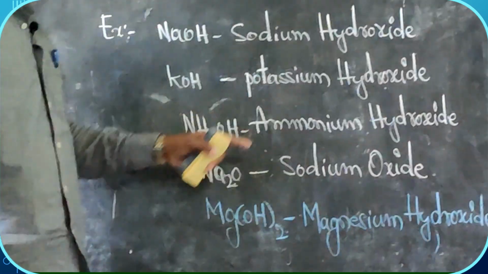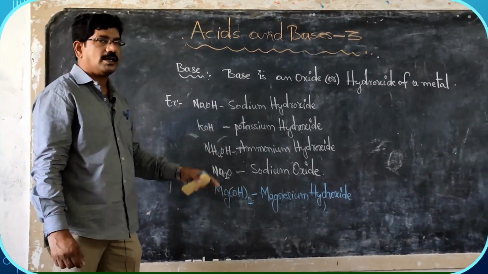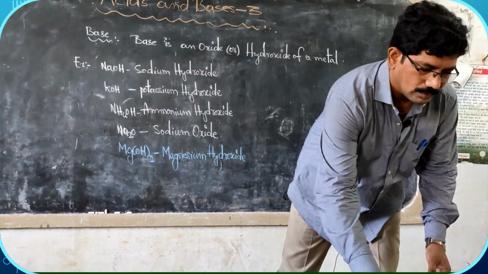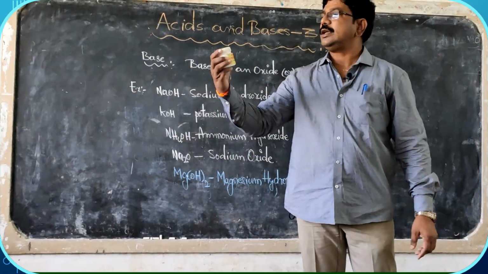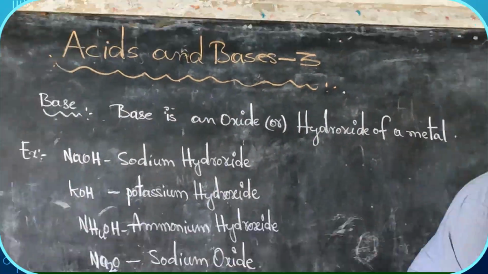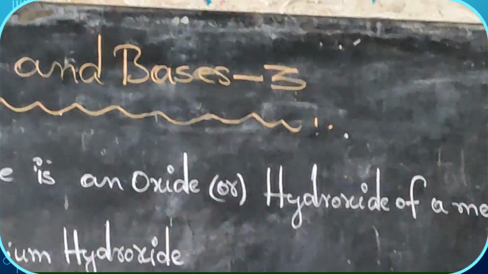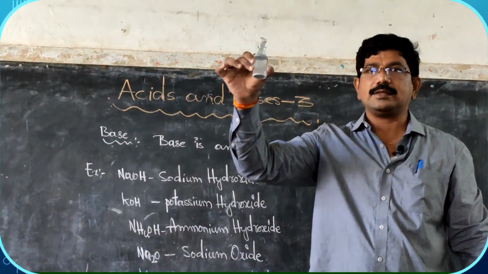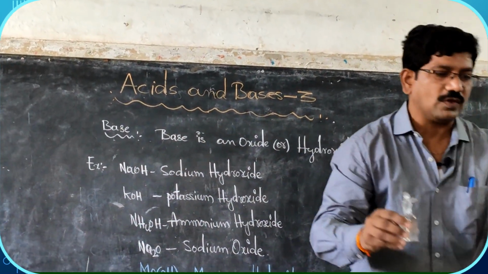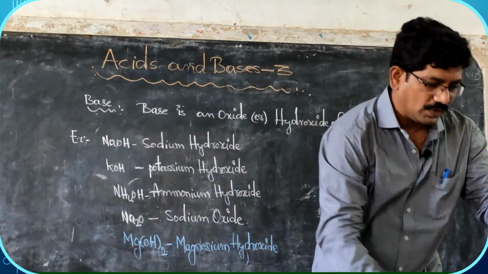Metal hydroxide. Next, metal oxide. This is the metal oxide. Calcium oxide also. Okay, this is also considered a base. Here you observe this one I am showing. This is potassium hydroxide. Next, you observe this one. This is ammonium hydroxide. This one is calcium hydroxide. If you observe this carefully, see this one. This is ammonium hydroxide. This is calcium hydroxide. If you observe this carefully, see this one.